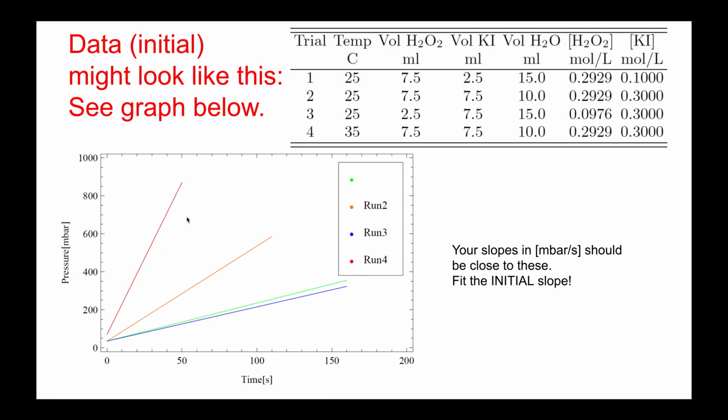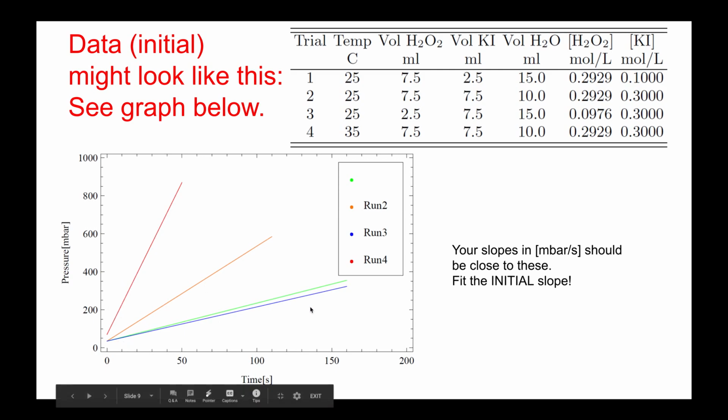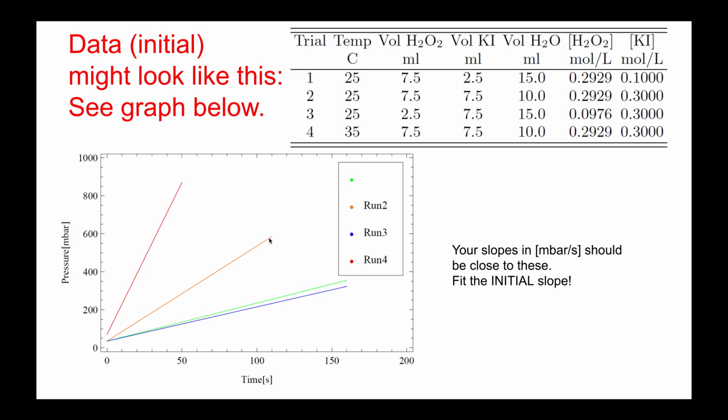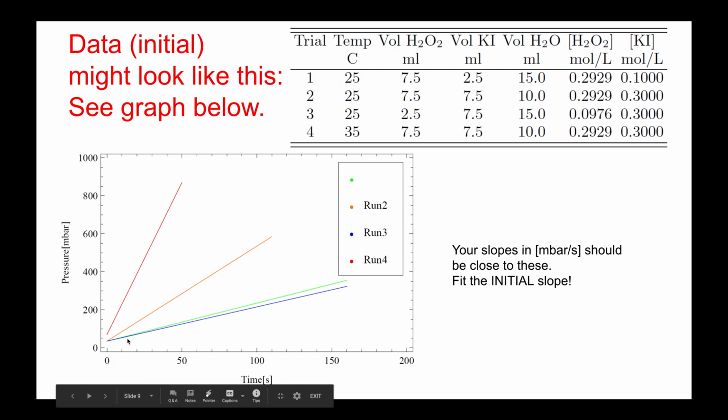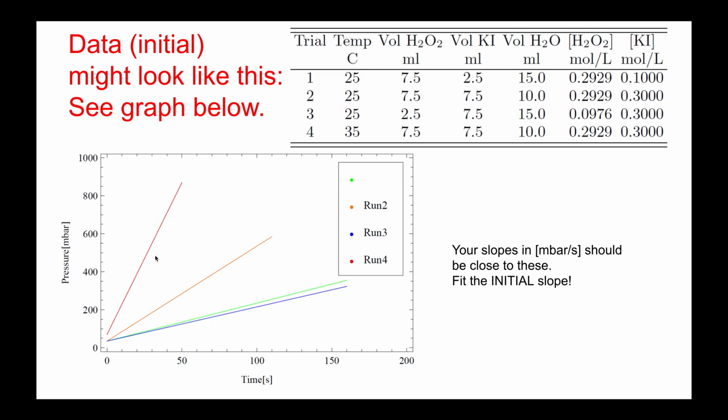fit a linear to the initial part of your graph. Now, the data, if you would do this in lab, won't look perfectly straight like this, okay? It would look straight for some time and then begin to bend over, okay? That's because you're decomposing your H2O2 and you're not going to get any more oxygen liberated into your flask, okay? So your data in the lab would not look this perfect, okay? And again, so what you do is you plot your data, you fit a line to it, and you get